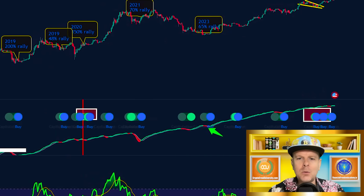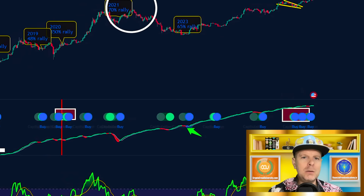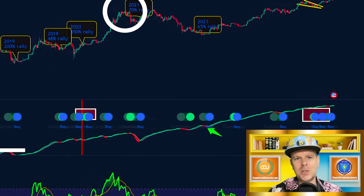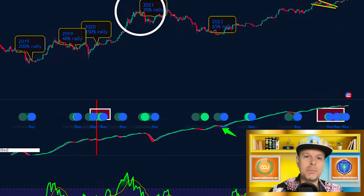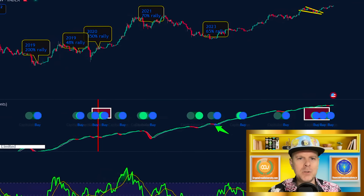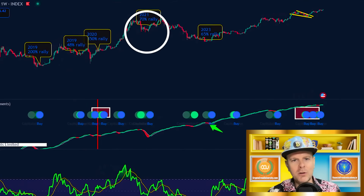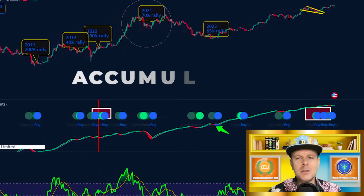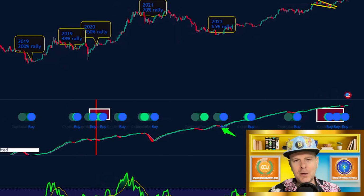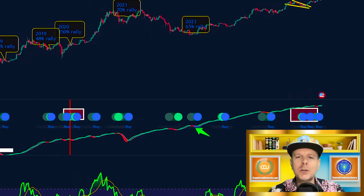Well, when you look at our last cycle, we had one blue dot print near the market cycle top, which signaled that last hurrah. It means that we had this first top and then our double top. After our first top, we had a huge crash. That's where miners capitulated and they're like, oh my God, I'm giving up. This is horrific. I'm struggling here. And the market sort of bottomed out, and it showed that this is an accumulation zone, meaning smart money was buying here. Why? Because miners gave up and then they recovered, signaling to the market that was the accumulation zone